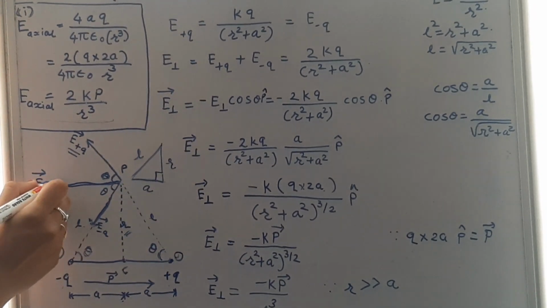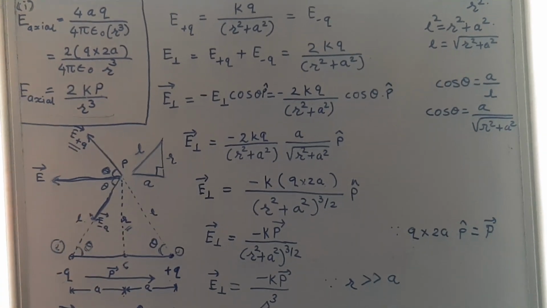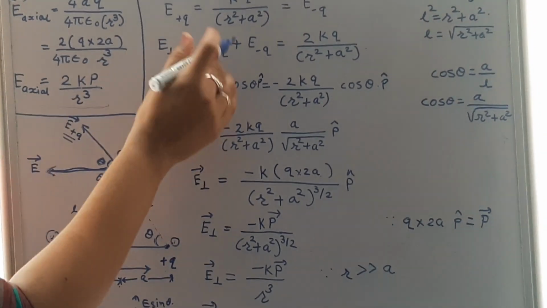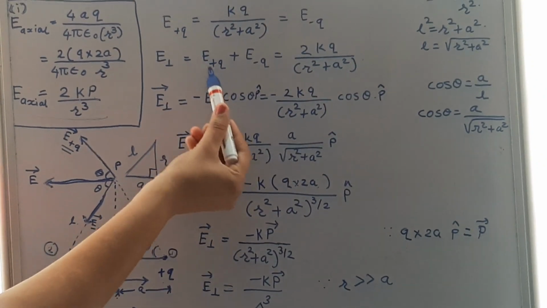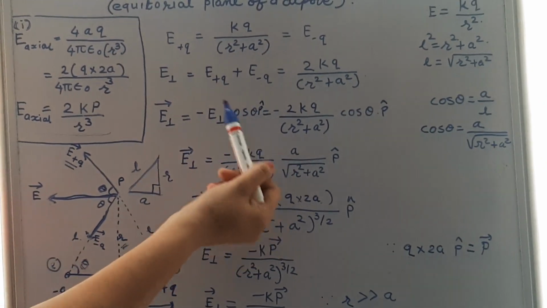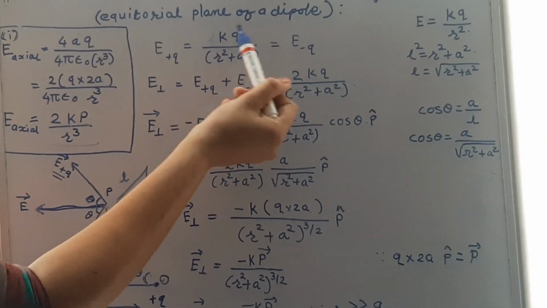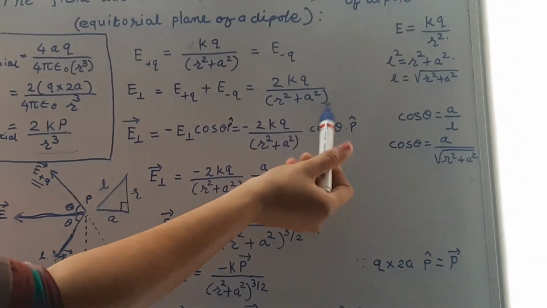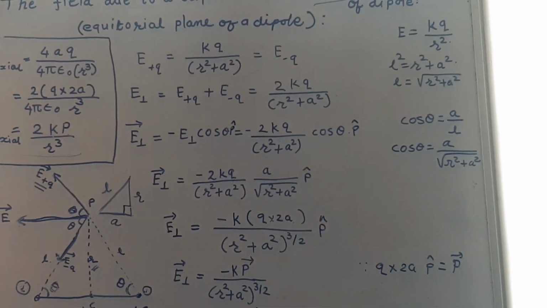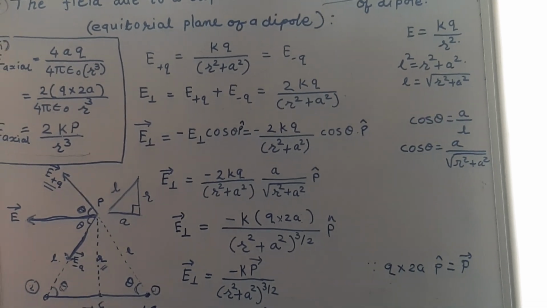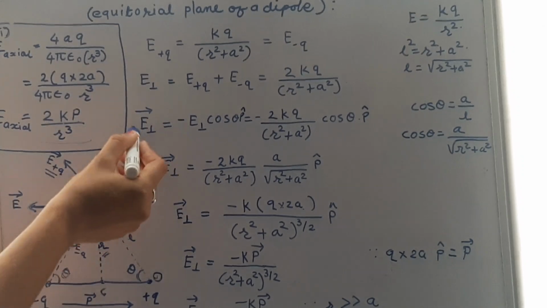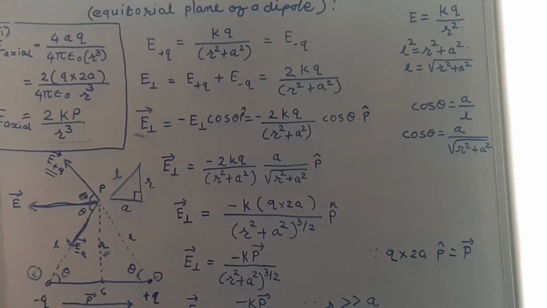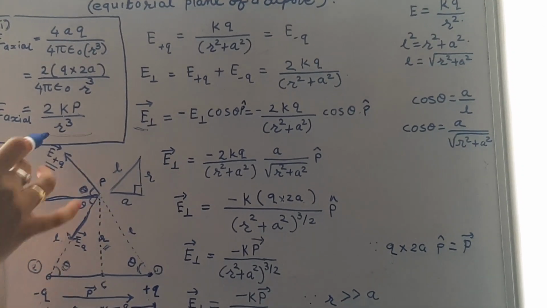That net electric field is equal to the summation of these two electric fields. So E plus Q plus E minus Q is given by 2kq upon r square plus a square. Okay. Now if we talk about the vectorial form of the electric field, then for this we